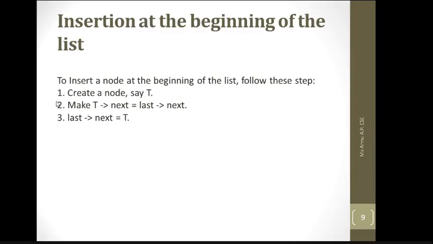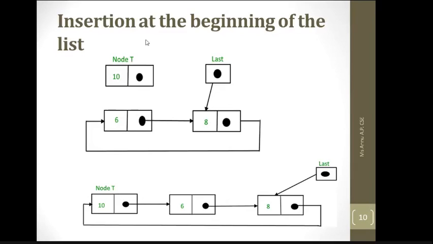Okay, so what you need to do here is insert at that particular position, that is the beginning of the list, by making the next pointer of this newly inserted node equal to last next, because in a circular linked list the last node will have the address of the very first node in its next field, so you need to maintain that.